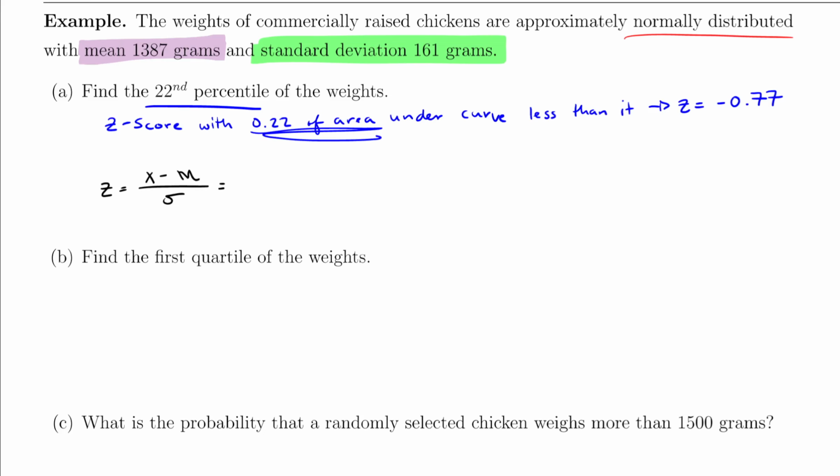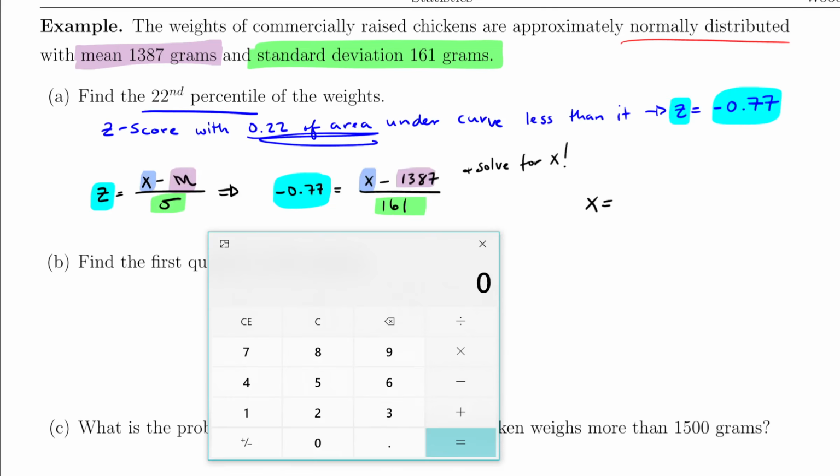So for us, that will be, we get our z-score of negative 0.77 is equal to our unknown x value that corresponds to that minus the mean of 1387 divided by the standard deviation of 161. We'll solve for x by multiplying both sides by 161. And we get that value. Now to get x by itself, we need to add 1387 to both sides. We're just going through the algebra in our calculator. And we get an x value of